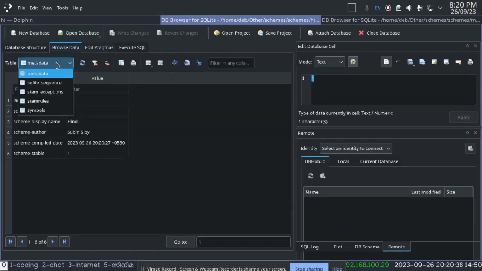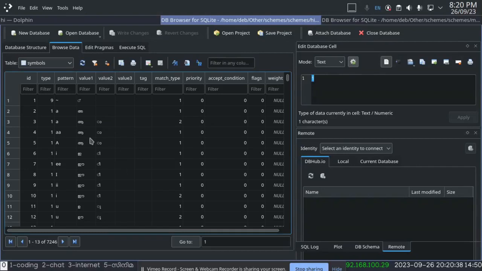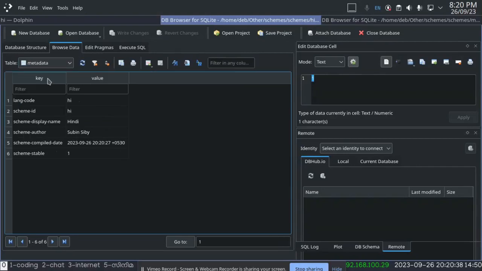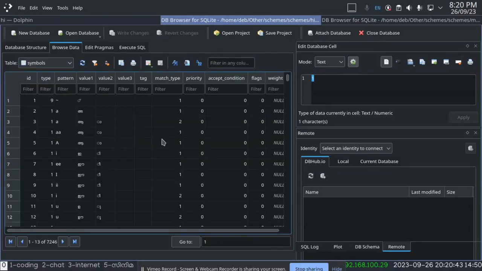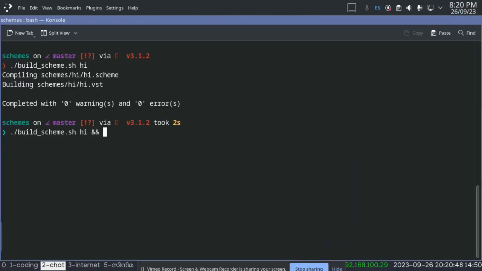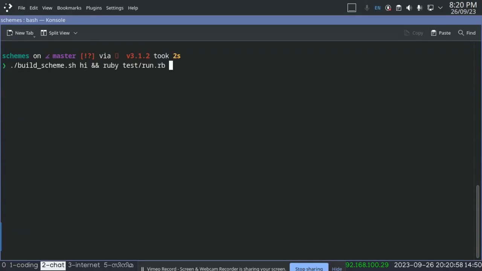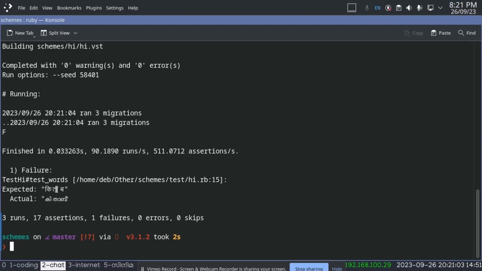there we go. So how are the symbols looking? Everything is currently Malayalam, but only one thing changed. The metadata we changed to Hindi, right? So that's already reflected here. Now we can combine these both commands here, like so. Varnam CLI, no, you didn't run the unit test, Ruby test slash, because otherwise Varnam CLI will be making the system installed language. There you go, Ruby test slash run.rb, and this will fail now because the expectation is the Hindi output, but